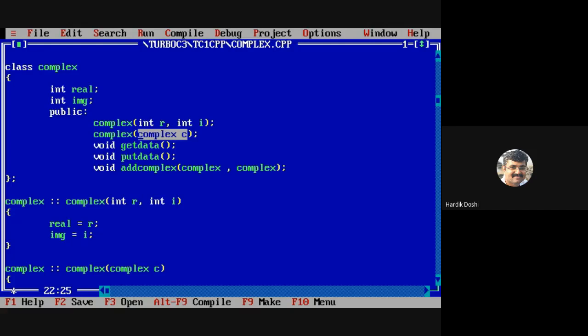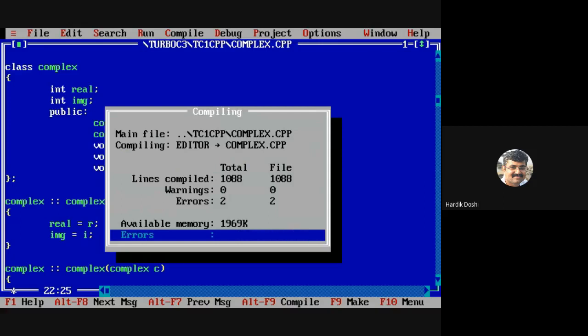Should we compile it? Or no? I still find an error somewhere. Let us try to compile. Let's see what the errors are. Always learn programming from errors.